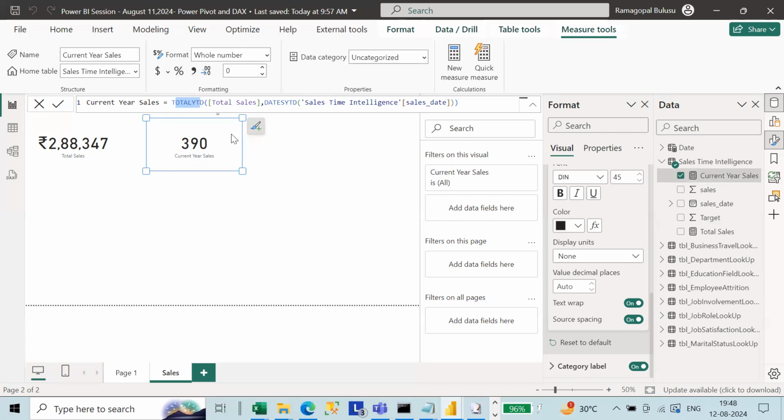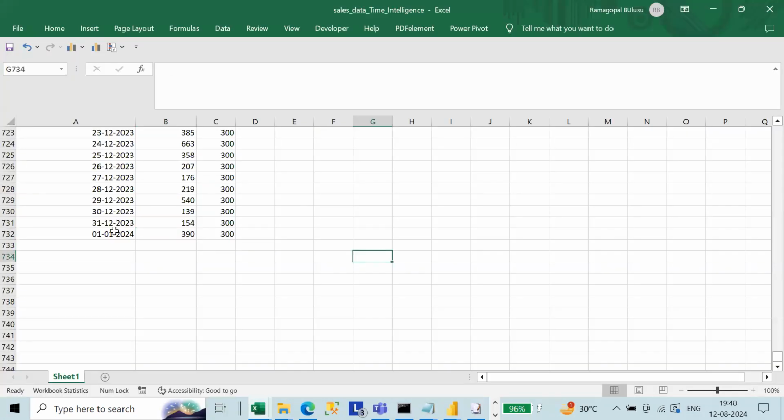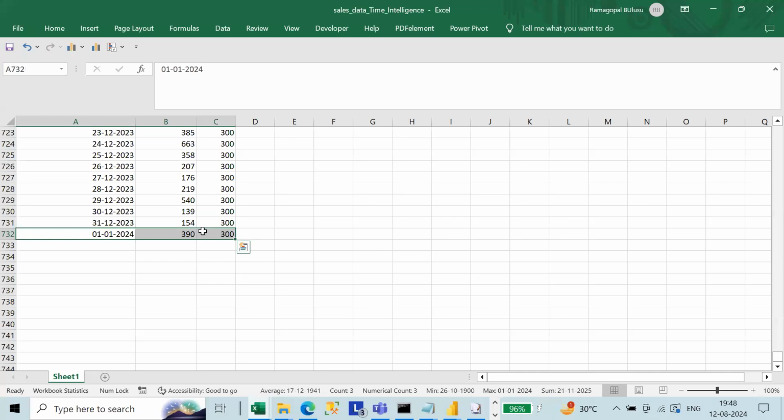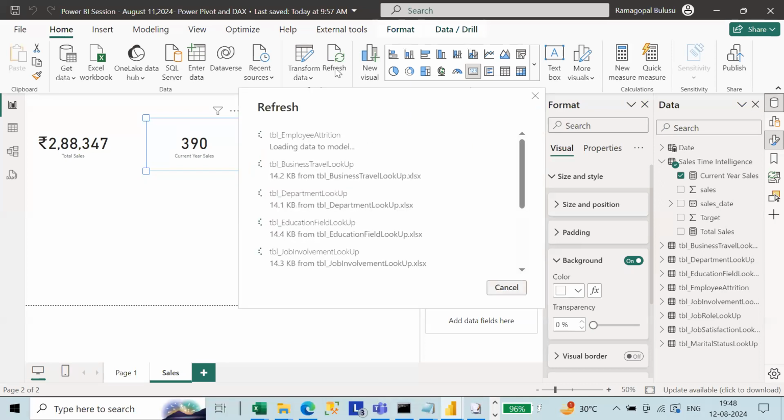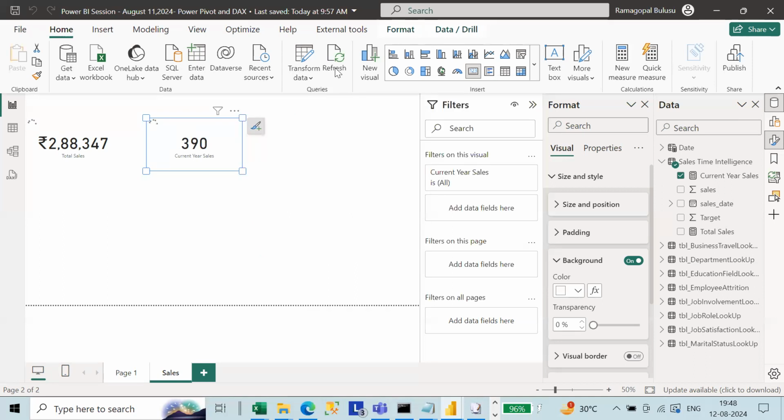That is the reason you got 390. Now I will delete this column and go back to 2023 only. Again refresh this. Now see,